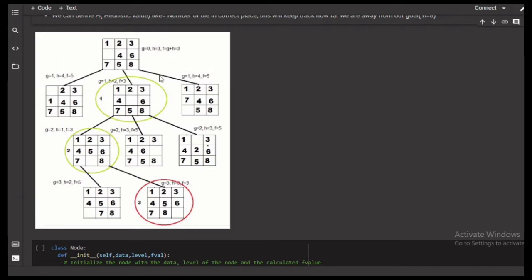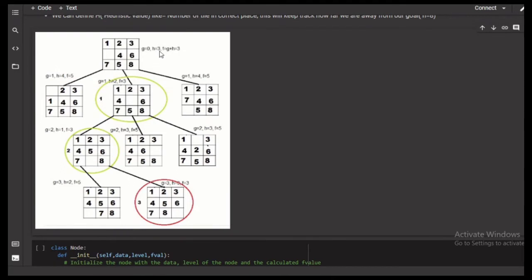So here, this is the initial state of our 8 tiles, and there are 3 values associated with it. First is G, which represents the level of the node. Here the level of the node is 0. The second value is H, which is the heuristic value, which is equal to 3.